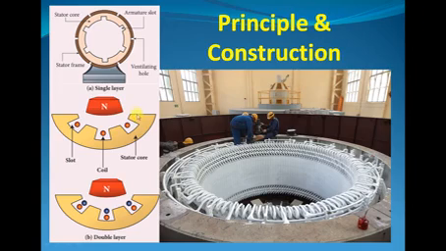First of all, the alternator consists of two major parts. One is the stator, another one is the rotor. The stator, as the name suggests, is stationary. The rotor rotates inside the stator. For commercial alternators, the armature winding is always mounted on the stator and the field magnet acts as the rotor. First we are going to see the construction of the stator.